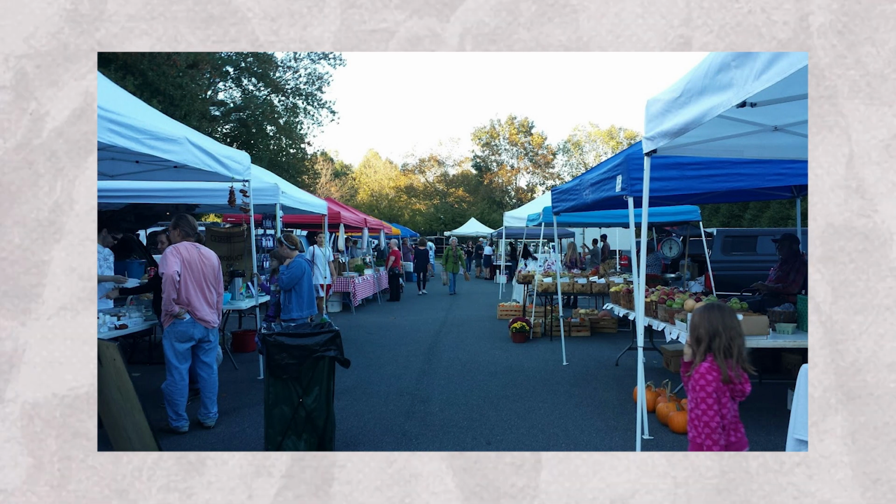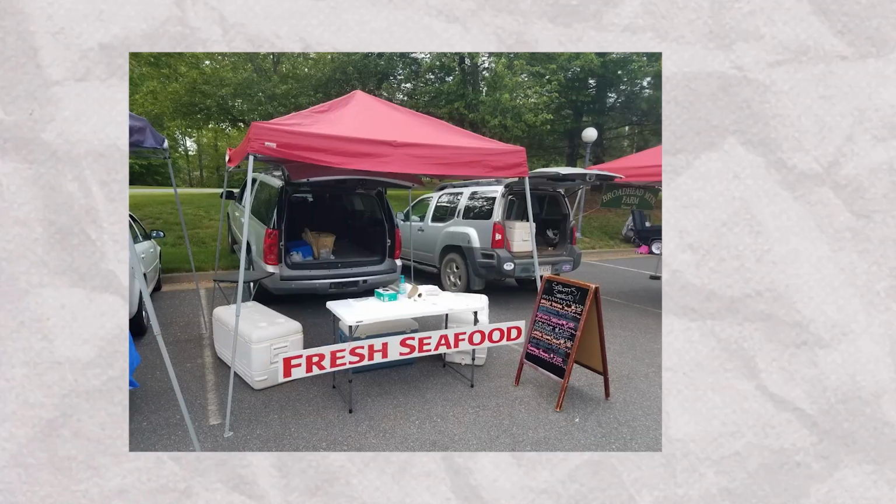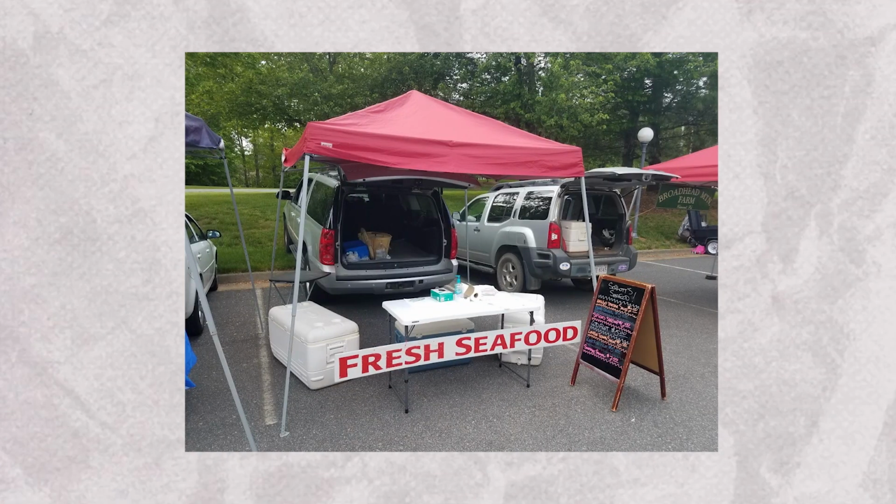Now, one of the really neat things about Forest Lakes, though, is that it has its own farmers market in the parking lot of the South Recreation Center that operates from 4 p.m. to 7 p.m. on Tuesday evenings from April to October. So a little different night there, Tuesday night. Now, how convenient. I mean, that's just a really cool thing that this neighborhood does, that you have a farmers market right in your own neighborhood. But like I said, let's go ahead here from the South Swim and Tennis Club, where there's more tennis courts and obviously another swimming pool. Let's go ahead and go on into our next neighborhood and take a look at a home in the